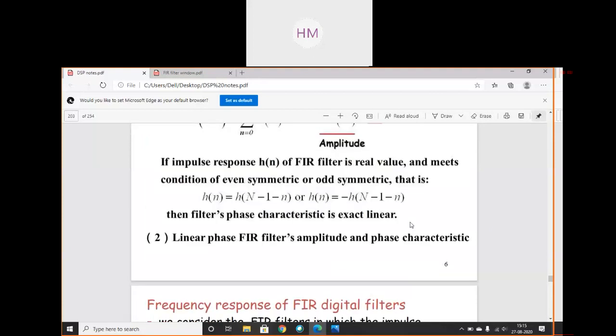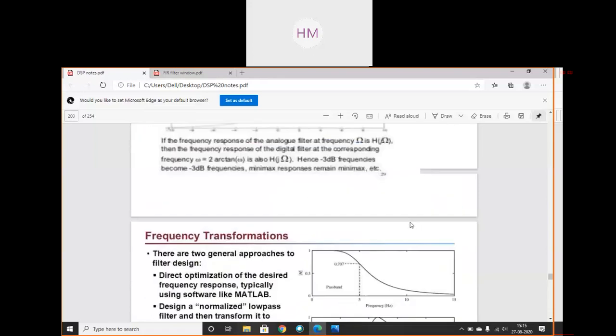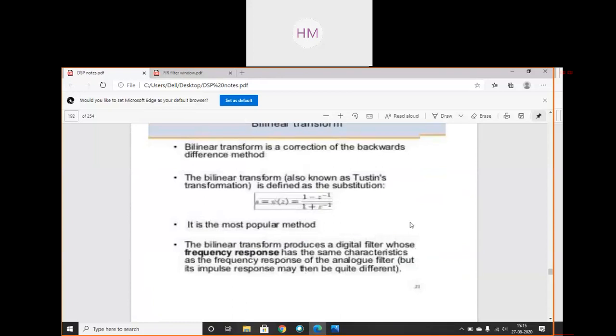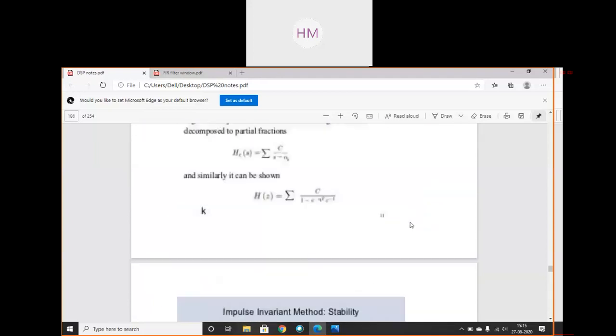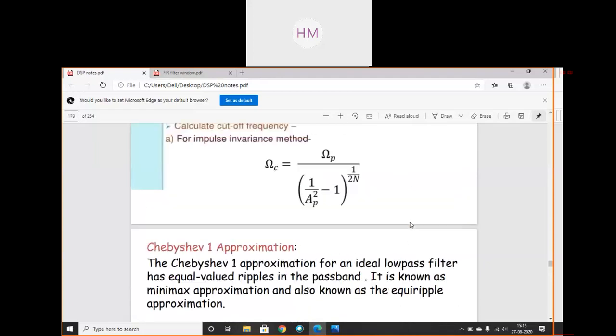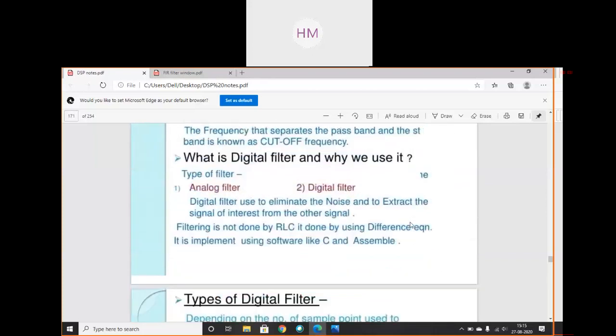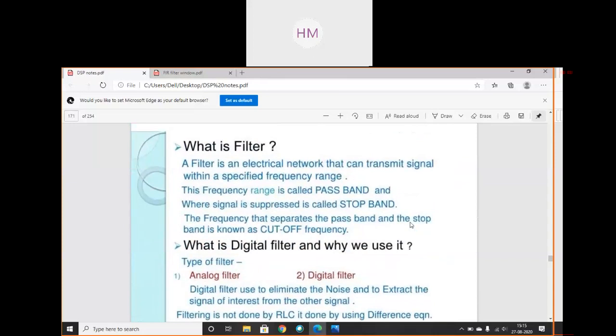So now what are FIR filters? The linear constant coefficient equation we have discussed earlier also. There we had only input terms in the equation, if you remember. Does anyone remember the linear constant coefficient equation for FIR? Anybody remembers? It was of the form y of n is equal to b0 x of n plus b1 x of n minus 1 plus b2 x of n minus 2. That means this equation doesn't have any output terms associated with it.